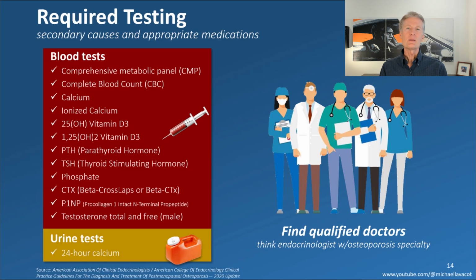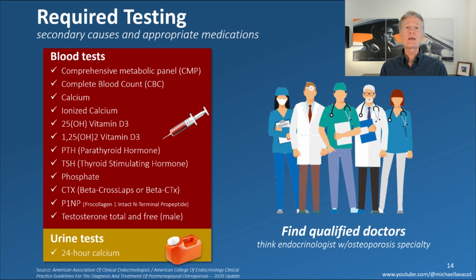Complete blood count, right? Red blood count, white blood count, looking for those, maybe something's wrong there, secondary cause. You're getting your calcium checked, very important. Part of your bones is calcium. And something called ionized calcium, which is, when you see calcium, that's a total calcium. Ionized calcium is just the free element. So if it's not bound to anything like albumin, that's the calcium that gets used in your bones. So it's important to check that at least once to make sure you don't have something funny going on there. A lot of times they just approximate it, but it's good to get it checked once.